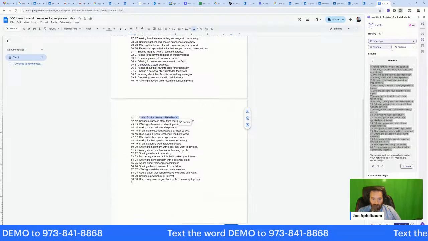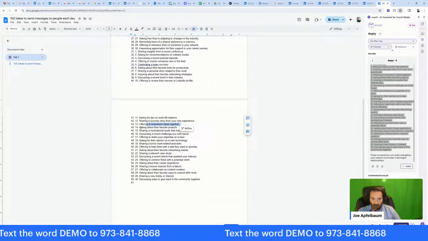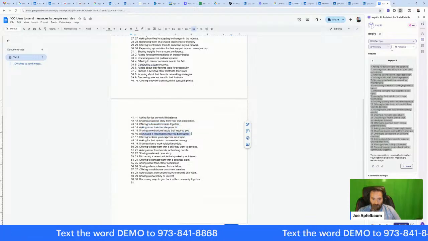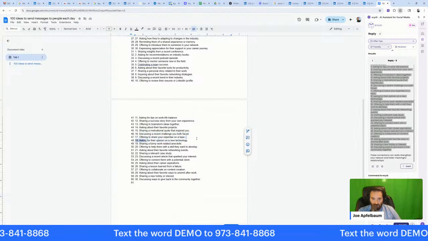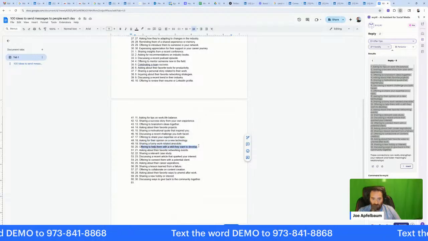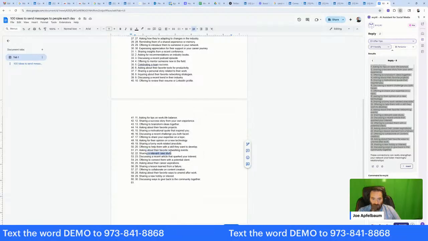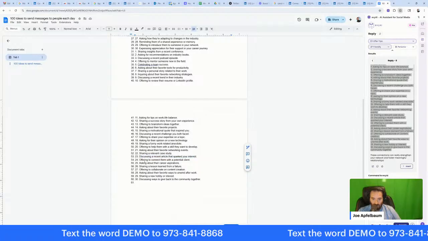Asking for tips for work-life balance, sharing a success story, offering to brainstorm together, asking about their favorite projects, sharing a motivational quote, discussing a recent challenge, offering to share your expertise on a topic, asking for their opinion on a new technology, sharing a funny related anecdote, offering to help with a skill that they develop, asking their favorite networking events, sharing a relevant case study, discussing a recent article that sparked your interest, offering to connect with them